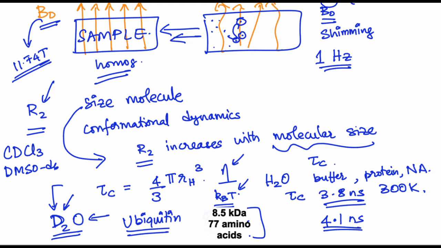In addition to the factors that were just discussed on the hydrodynamic radius, the R2 also depends upon the spins that are present next to each other. For instance, let's say you have a proton that is coupled to carbon 13 versus a proton that is coupled to carbon 12. You would see that the relaxation rate for the proton coupled to carbon 12 will be lesser because this is an NMR inactive nucleus while carbon 13 is an NMR active nucleus. So generally, in order to reduce the rate of relaxation, people also play with their samples such that they change the spins to make sure they have desirable properties towards acquiring the data.